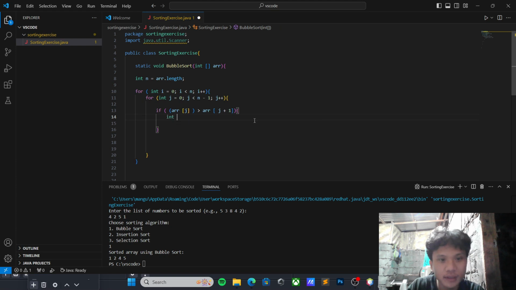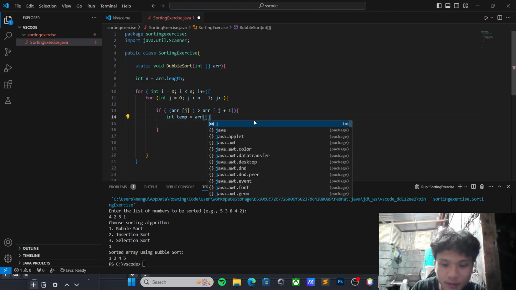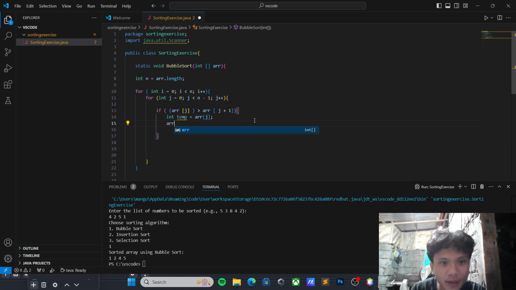Then we have here int temp as our variable, equal to r[j]. Then r[j] equal to r[j+1], and lastly r[j+1] equal to temp.